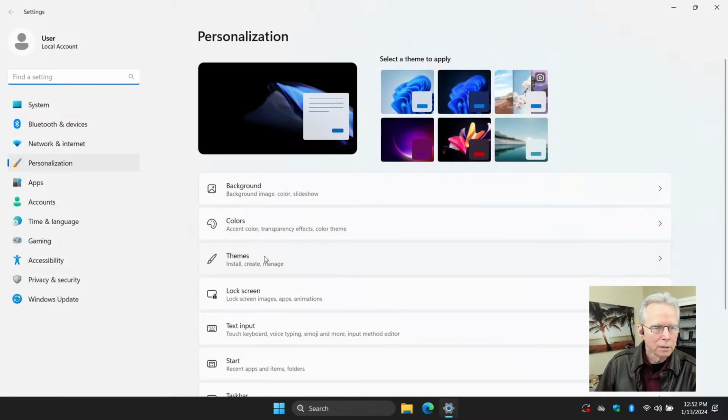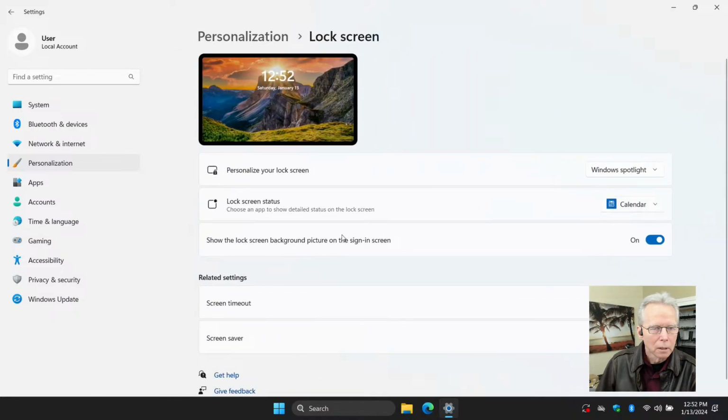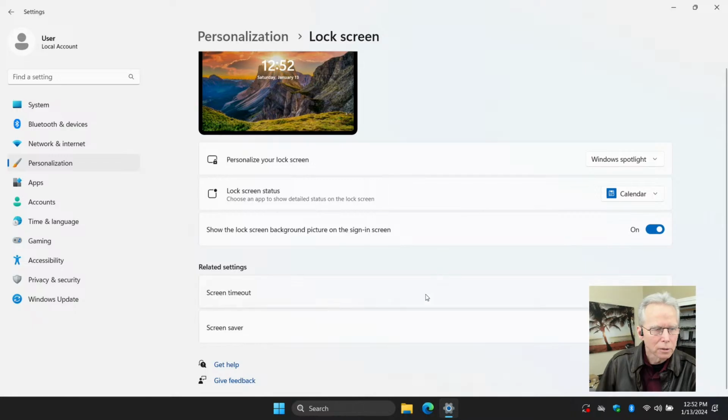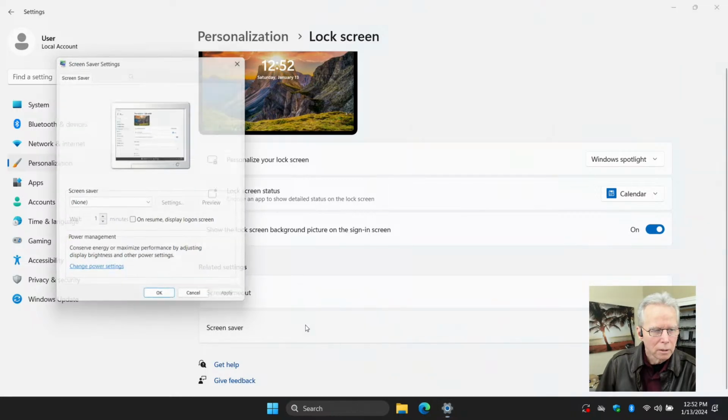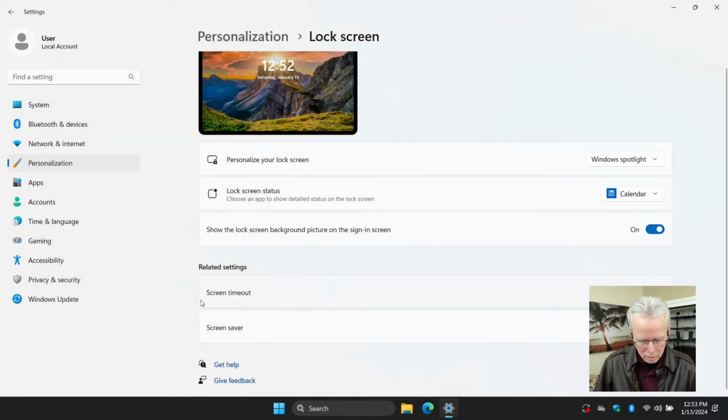Let's see, personalize, and then lock screen status. Well, not the lock screen, but screensaver. Ran Israel said when the computer wakes up or resumes, you can have the user enter his password to open the computer. Yeah, but that option wasn't on that screen. I know that is a feature. Here's on resume from screensaver, for instance, you can display logon screen where you'll have to enter a password. But